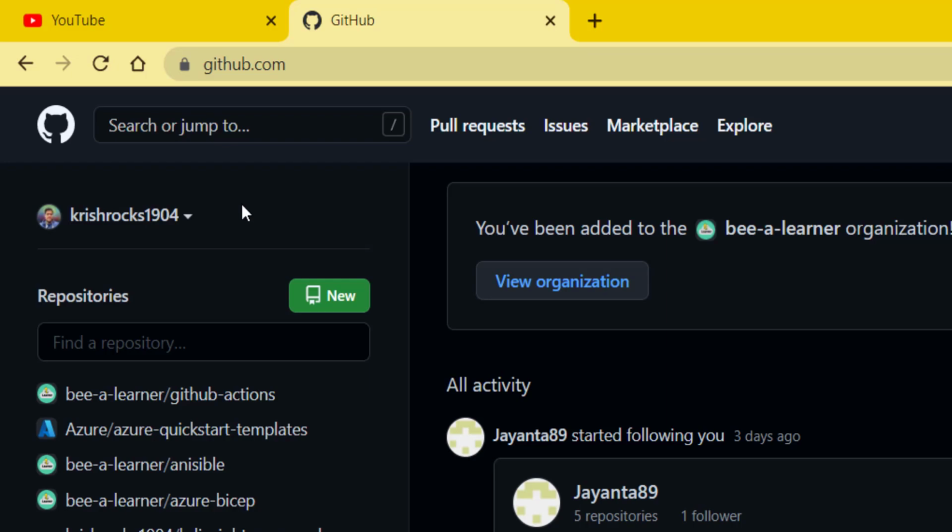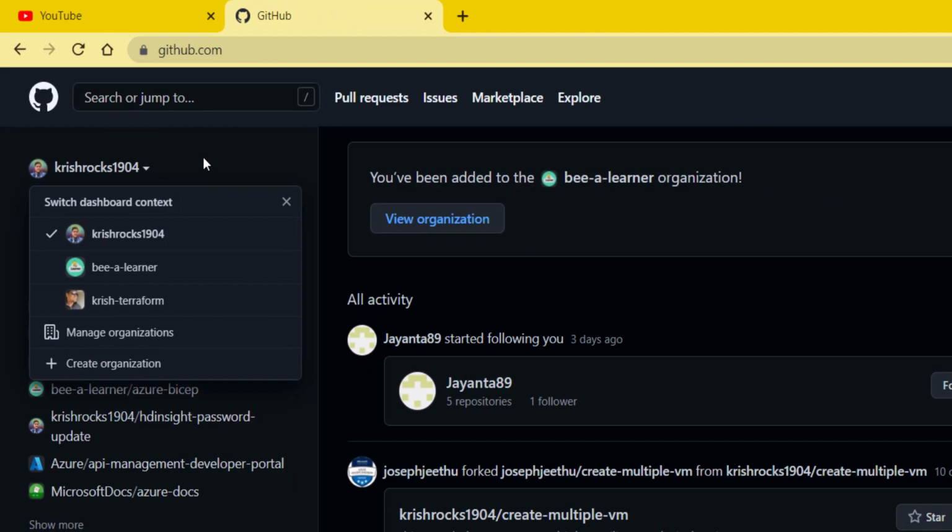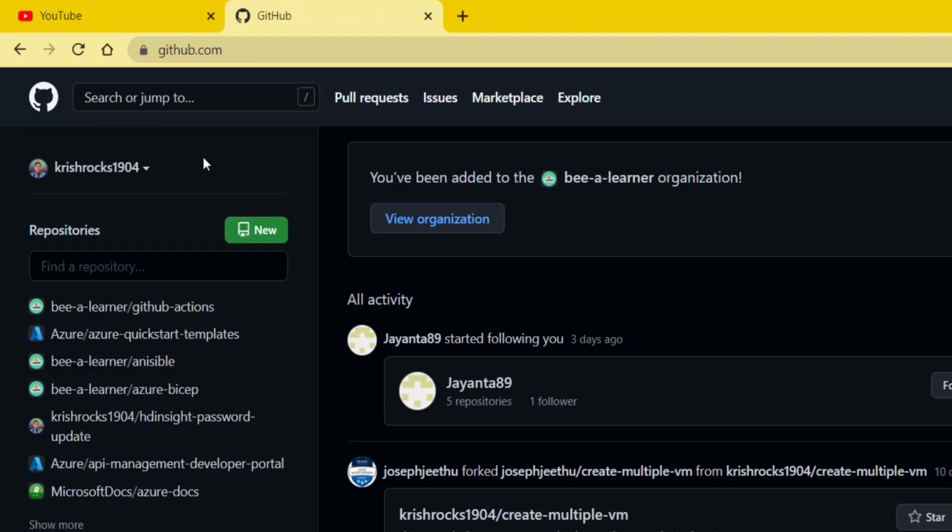You can just create a GitHub account simply with any email ID, and by default it will create an organization, though you can create additional organizations as I have multiple of them, and I can create a new one at any given point of time. Now within the organization you can create multiple repositories. As you can see, these are my multiple repositories. A repository can be public or private.